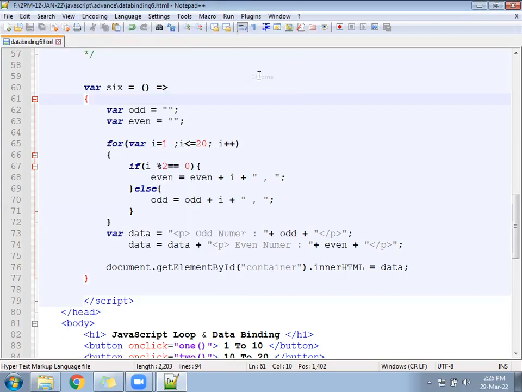Output should appear like this. Try writing.